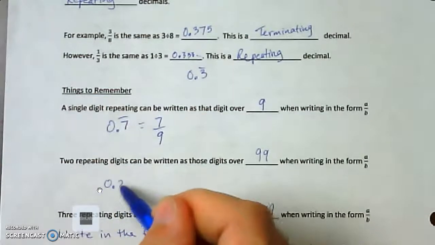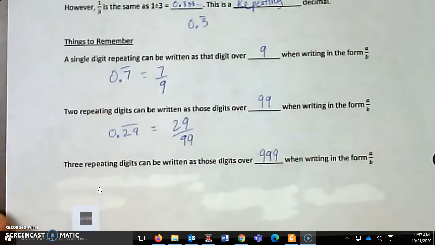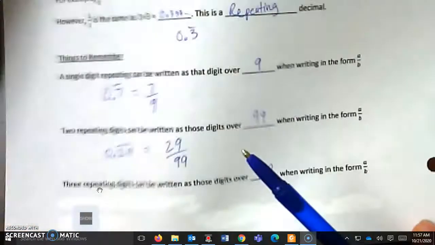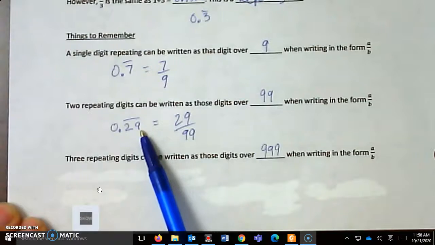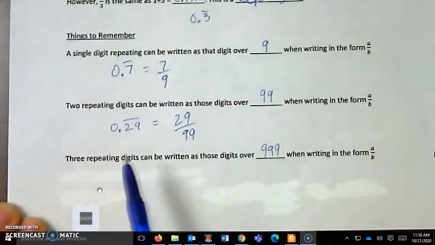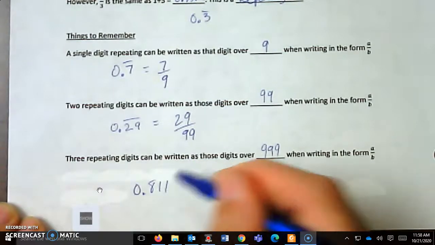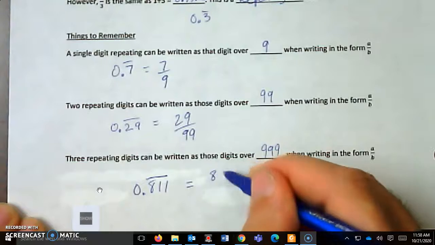And same, if I have 29, it looks kind of like 29 hundredths. Okay, I had to edit this video, so I hope it wasn't too choppy, but let me slide this back up. 2 digits after the decimal point means 99ths. So 3 repeating digits can be written over 999. So if you see something like 0.811 with a bar over all 3 numbers, that's not 811 thousandths, it's 811